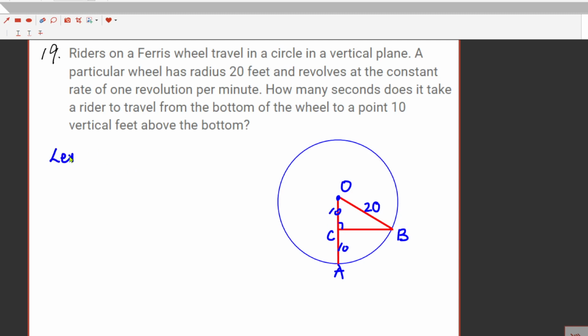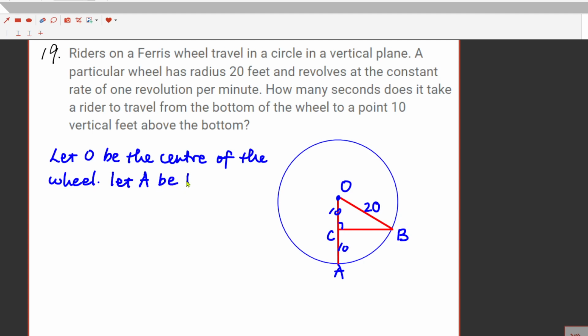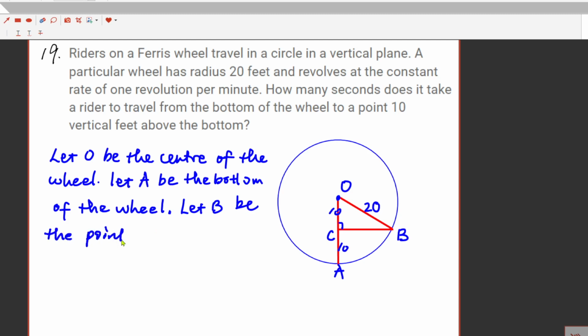So we can say let O be the center of the wheel, and then let A be the bottom of the wheel, and then let B be the point on the wheel